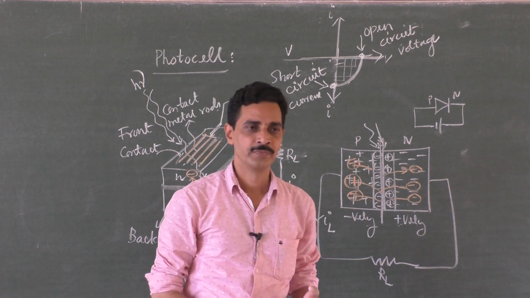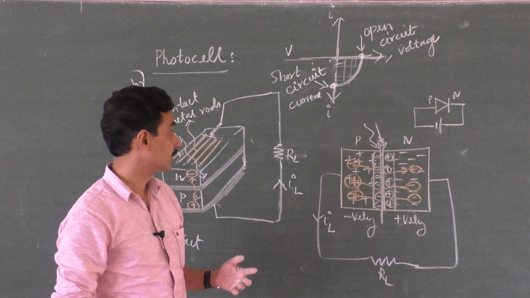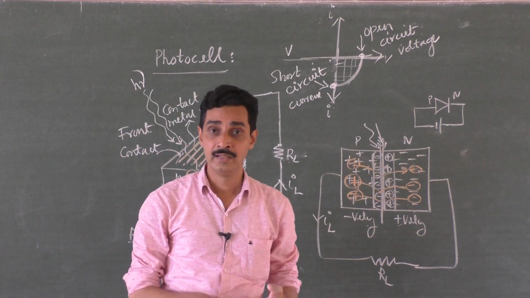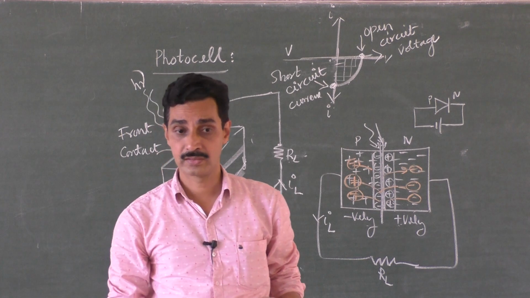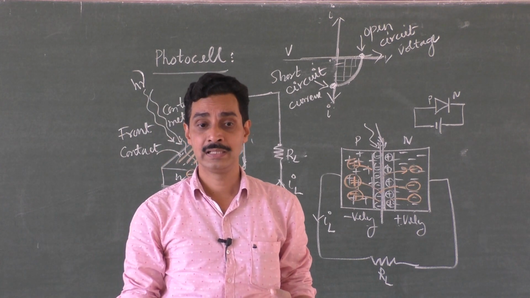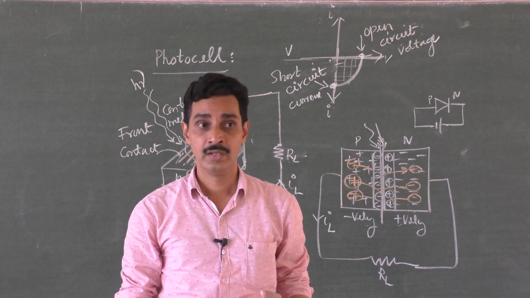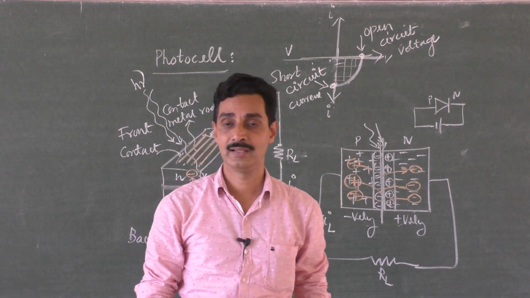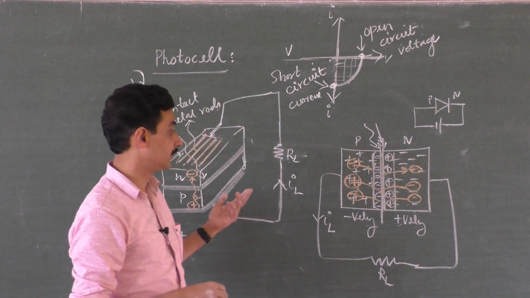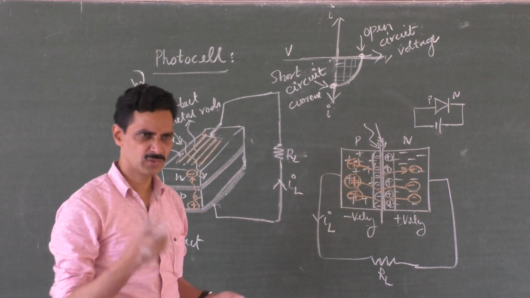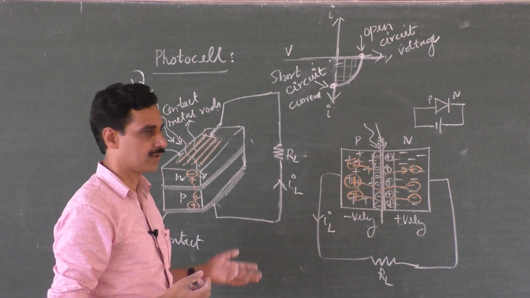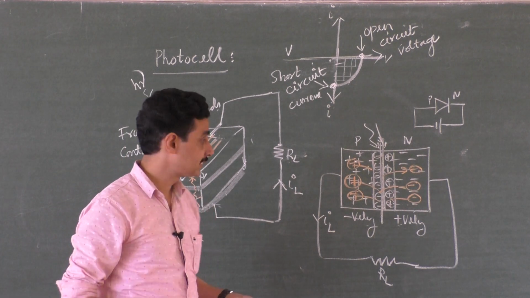Then similarly, LED: symbol, how does it work, how it is doped, and LED applications. Then solar cell: circuit, simple working, which may not be more than 3 marks, 2 marks maximum, and applications. Okay, so with this that completes that.